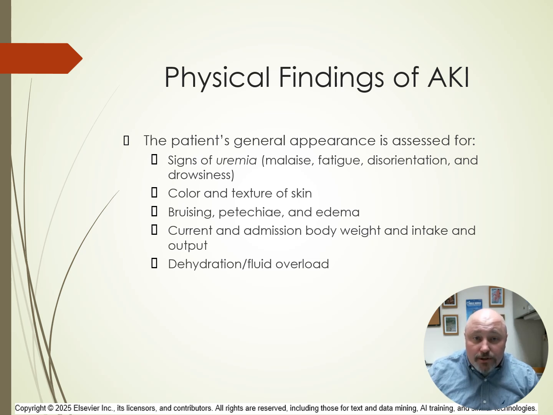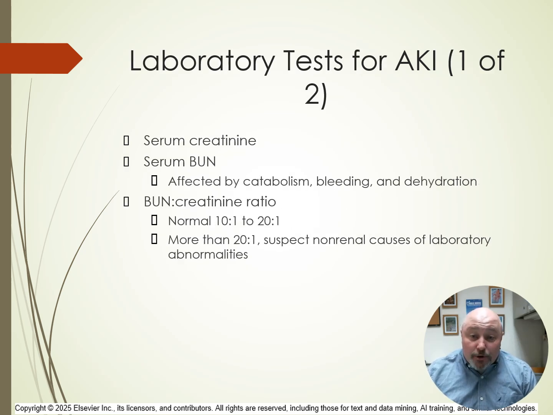Skin turgor, mucous membranes, breath sounds, the presence of edema, neck vein distension, and even vital signs are also all key indicators of fluid balance. An oliguric patient with weight loss, tachycardia, hypotension, dry mucous membranes, flat neck veins, and poor skin turgor may be volume depleted. As far as laboratory tests go,